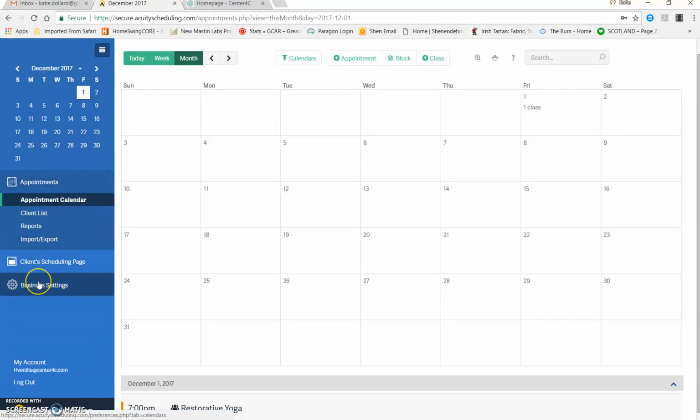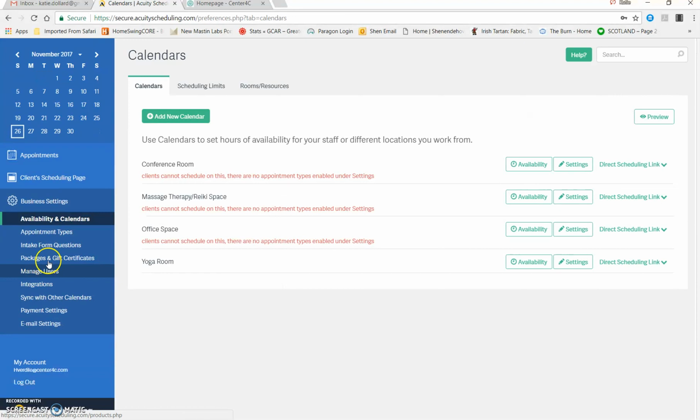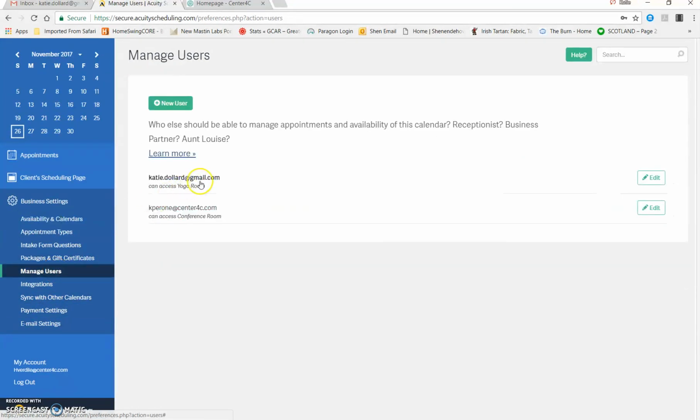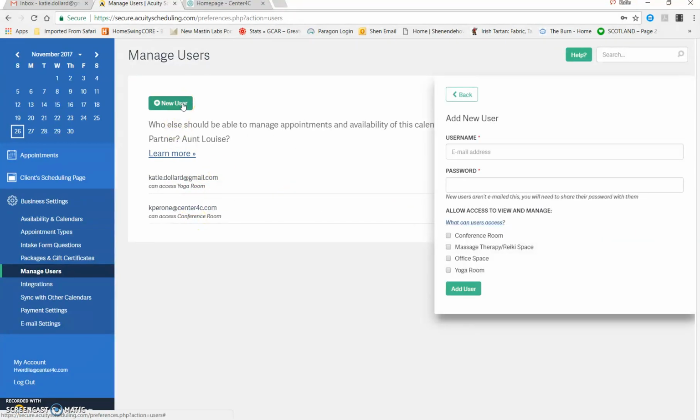But what we're going to do first is go over here to business settings, and you're going to click on manage users. And you can see that I'm in here already, and then Kim is in here as well. And if you're going to add yourself, you're going to click on new user. You're going to add your email address here, which becomes your username. You're going to add your password here. So make sure you write that down somewhere important. And then